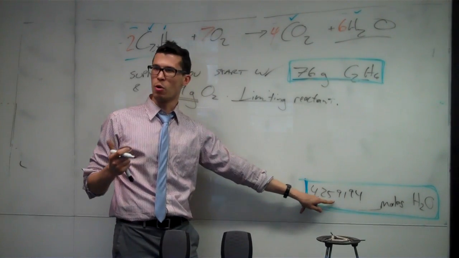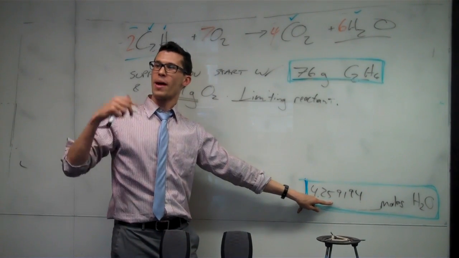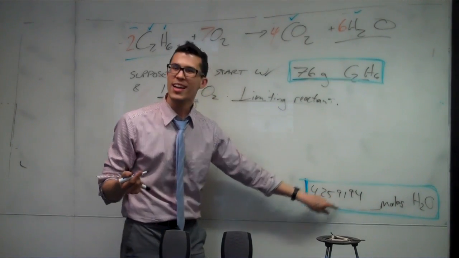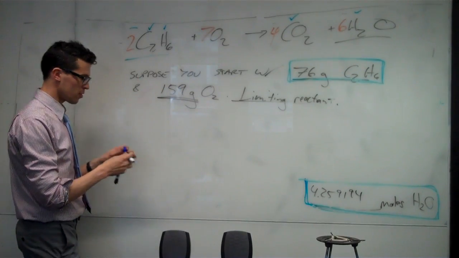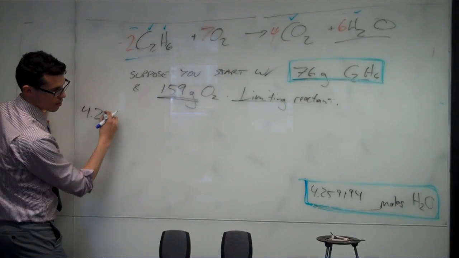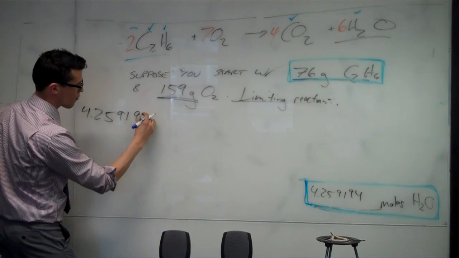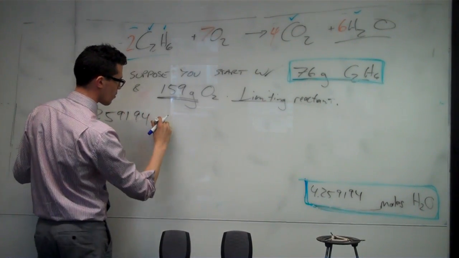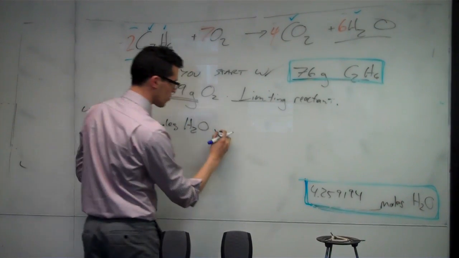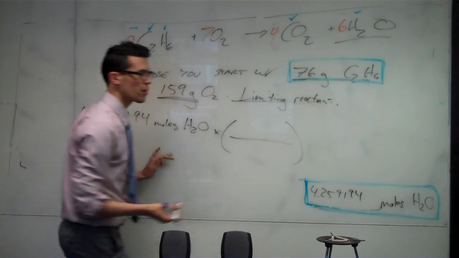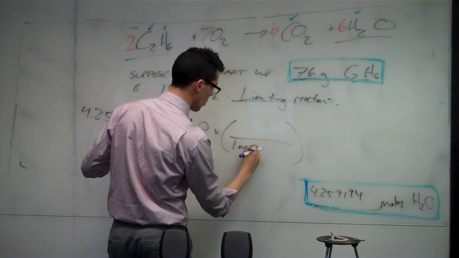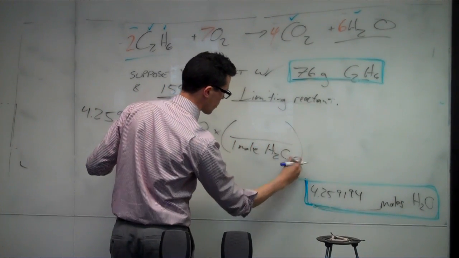But this is only in terms of moles. To find your maximum amount of product in grams, you've got to change those moles into grams. This is what you were talking about, Rose. So you take that number, 4.259194 moles of H2O, and turn that into grams by multiplying by its molar mass. So it's 1 mole of H2O, and that's going to be,